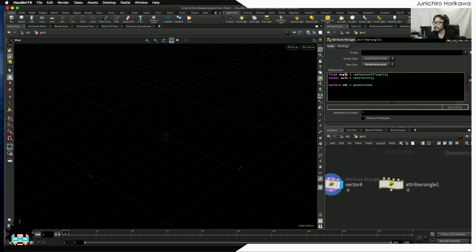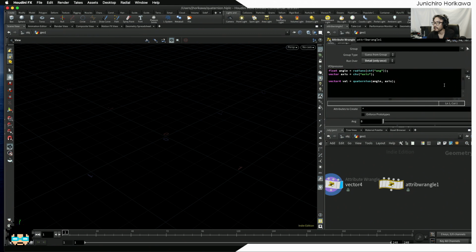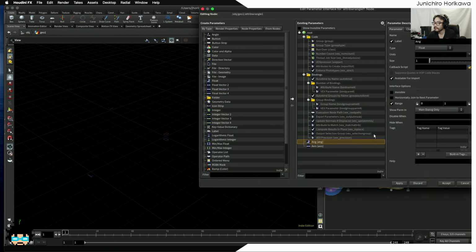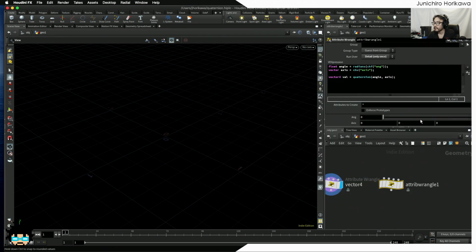Now that I have the angle value in radians and the axis as a vector, I can type in those two values as parameters for the quaternion to create a vector4 value. For these, I'm going to set the angle range from 0 to 360 degrees. Okay, and let's change those values randomly. Alright. Now let's also make this axis a normalized vector,